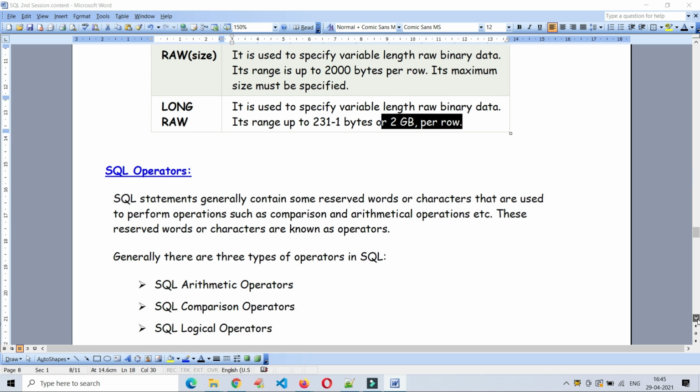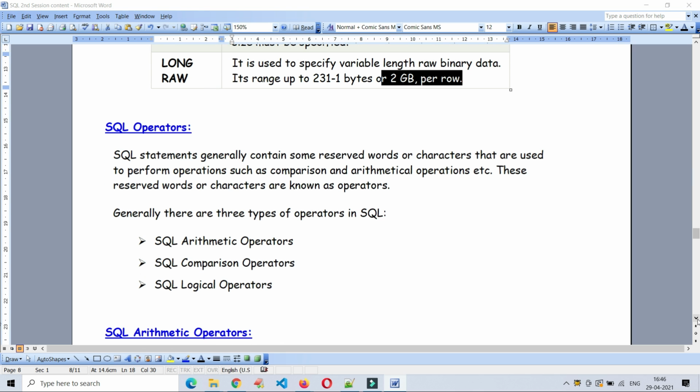And SQL operators. SQL operators are generally the commands, keywords, reserved words or specific characters we use in SQL statements that are specific to that statement and the requirement.